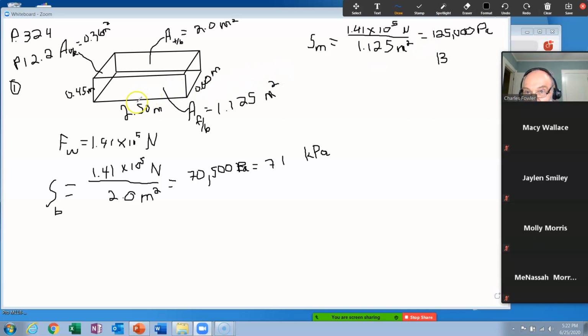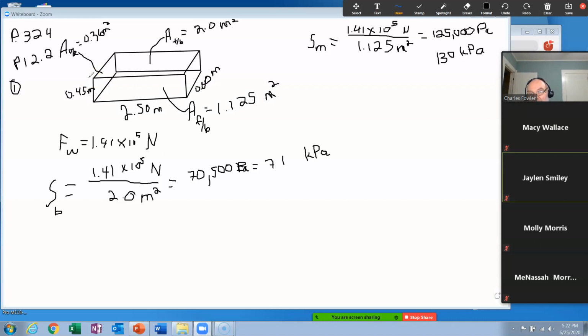this side here was 3, but this length here was 2, so that's 130, and when you get to your comma stop, that's where your decimal is now, kilopascals. Is that what they had in the back? Yes? Okay. Now that's the middle size side, but it's a much bigger pressure because it's on a smaller area, same weight, smaller area. Now the small side, which will be this side here, the 0.36